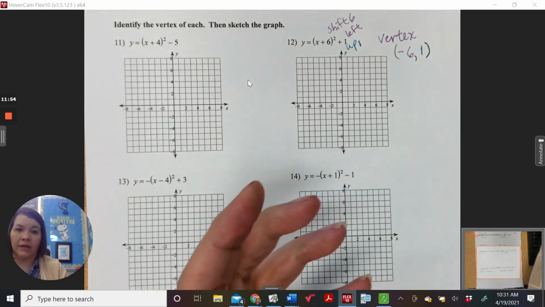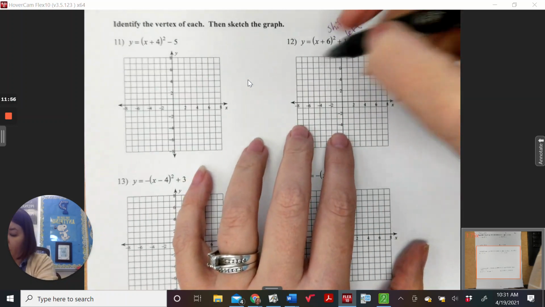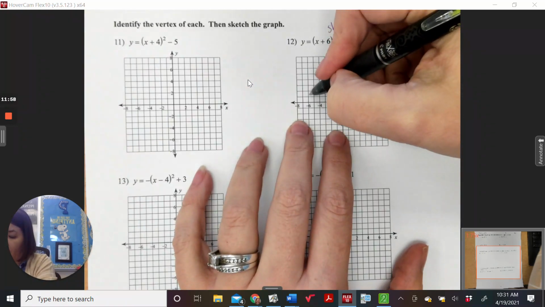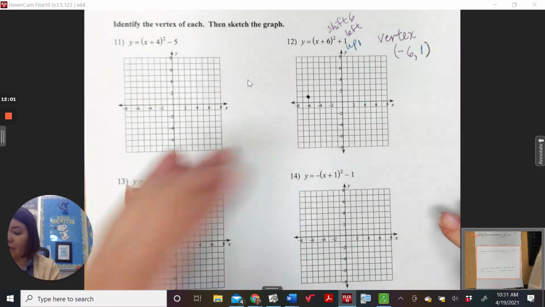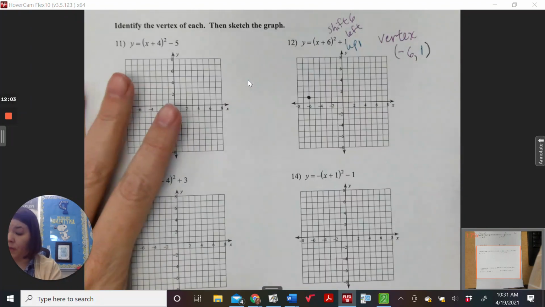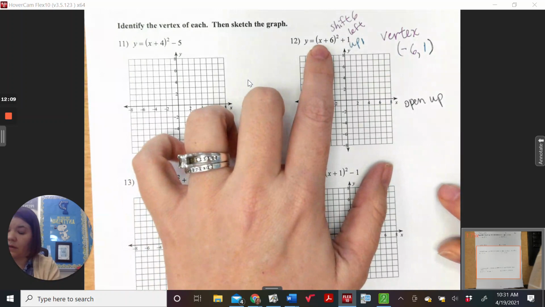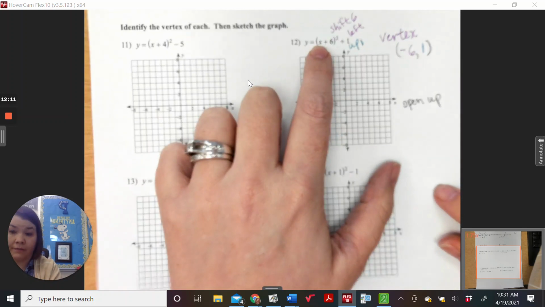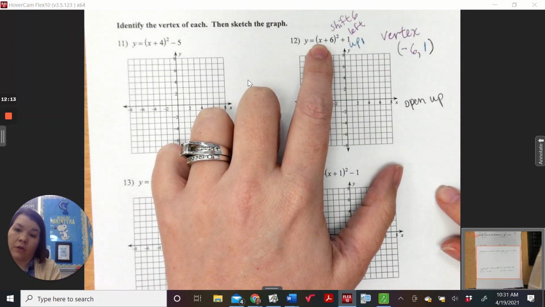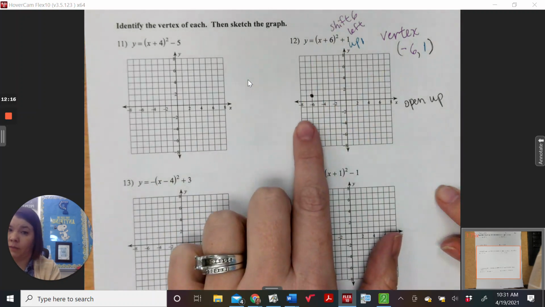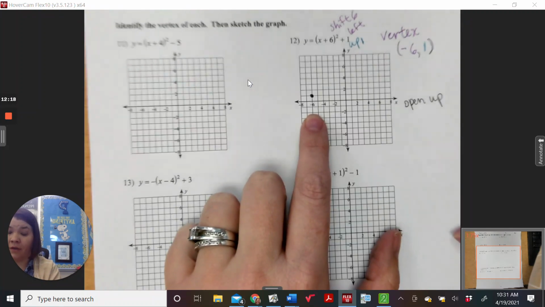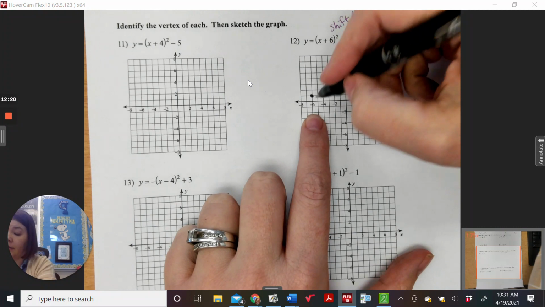And I just use that to help me. So I'm going to go ahead and plot my vertex, negative 6, 1. Then I'm going to decide if this is opening up or down. This graph is opening up because the number in front of our parentheses is 1. It's greater than 0. Therefore, it's positive. So it's opening up. Since it's opening up, I use my 5-dot pattern that we've been discussing in class, and